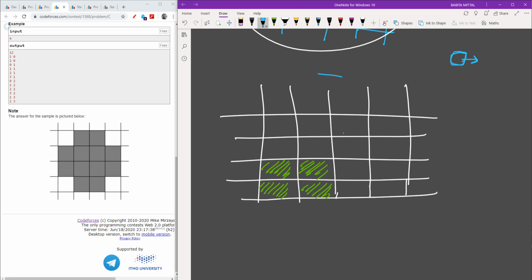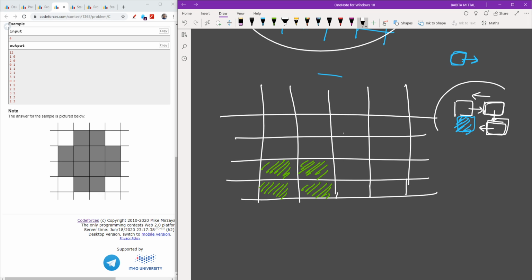So if I add a cell here, then it should also have a cell here. And if I add a cell here, then it is having a cell here, so it should have a cell here also. If I have a cell here, then it should have a cell here also.